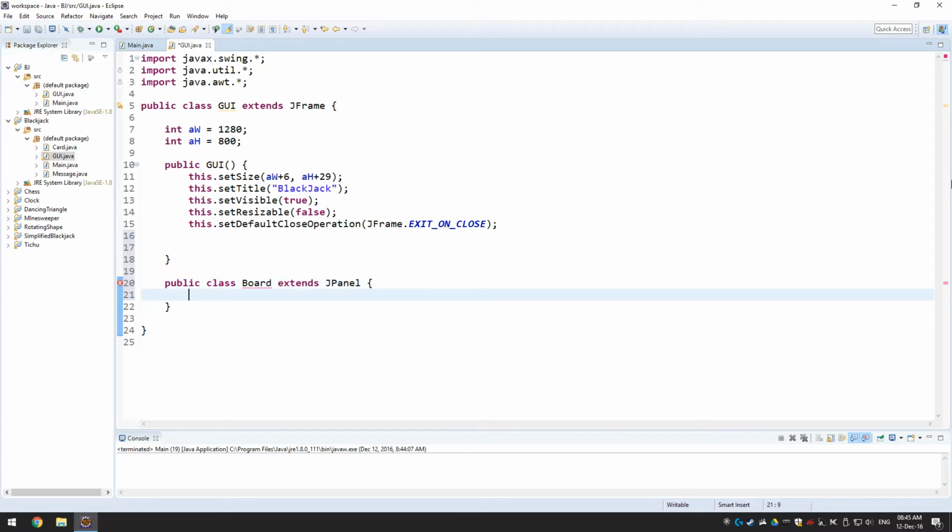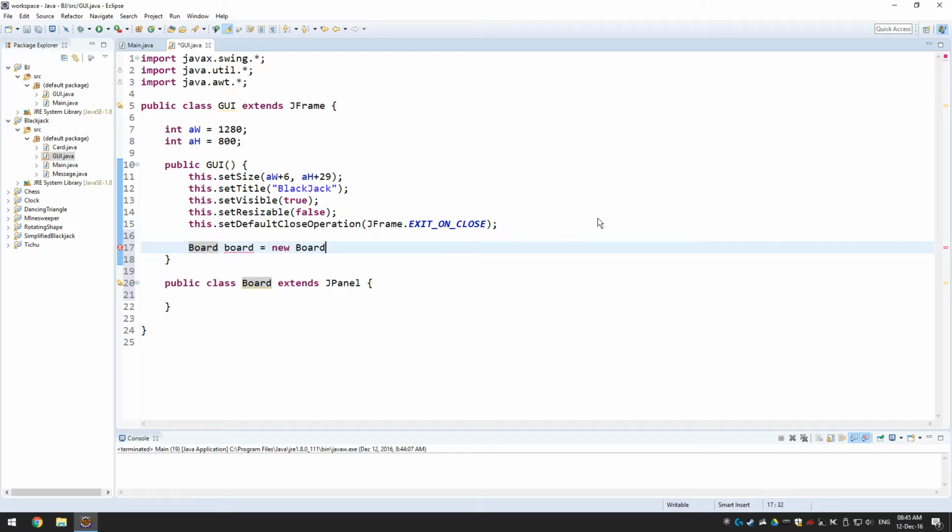So after we have created this class right here, let's create a board item. So type Board with a capital B, then a lowercase b equals new Board,